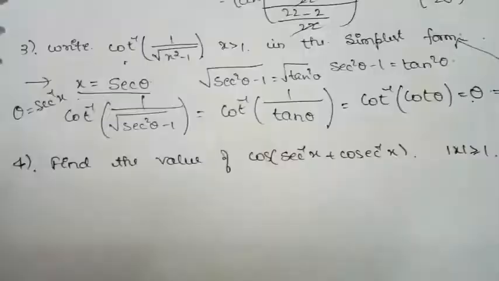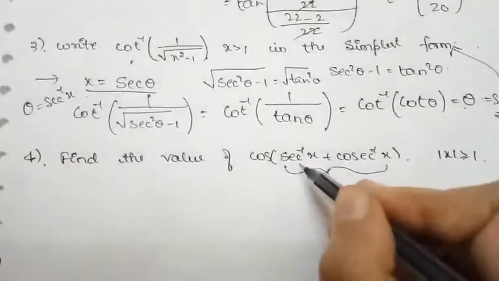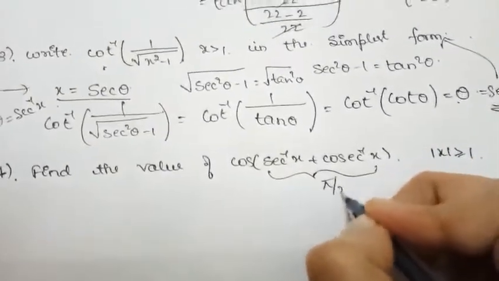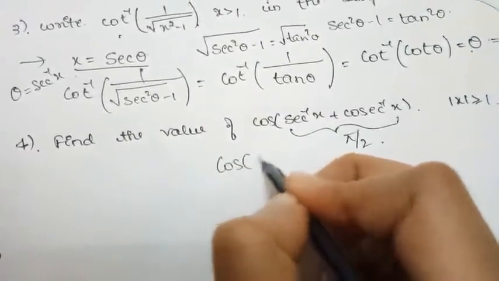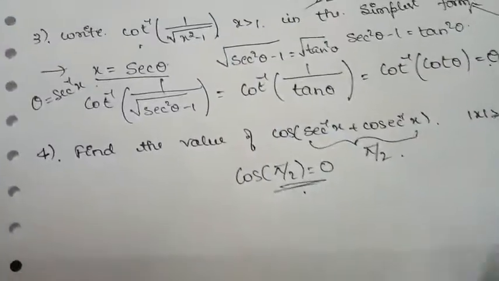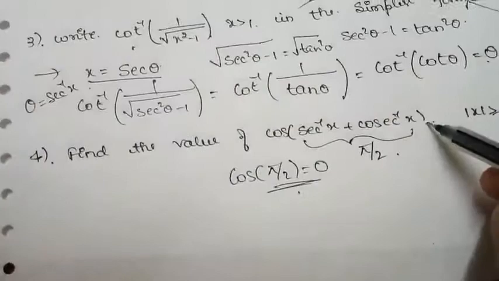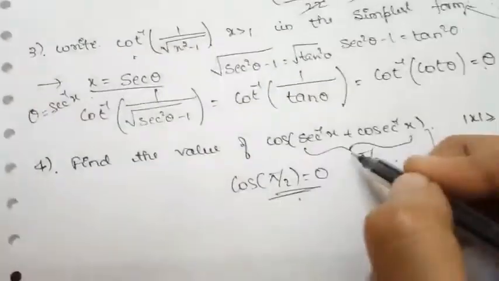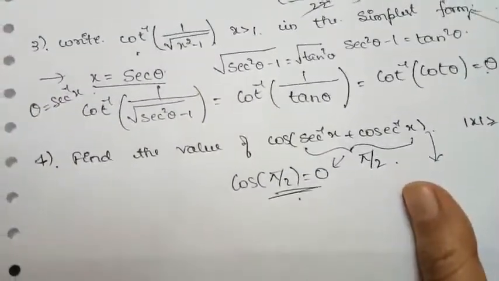Next thing is we need to find the value of this one. While studying the properties we came across that secant inverse of x plus cosecant inverse of x is equal to pi by 2. So what happens? The expression within the bracket becomes pi by 2. So what is cos pi by 2? It is 0. So this is the value of this one. That's all. So there are some questions which are very simple. By looking at the length, please don't get confused that it is a big question and I can't solve it. Don't come into that mentality. So think once or twice. The question is very easy.